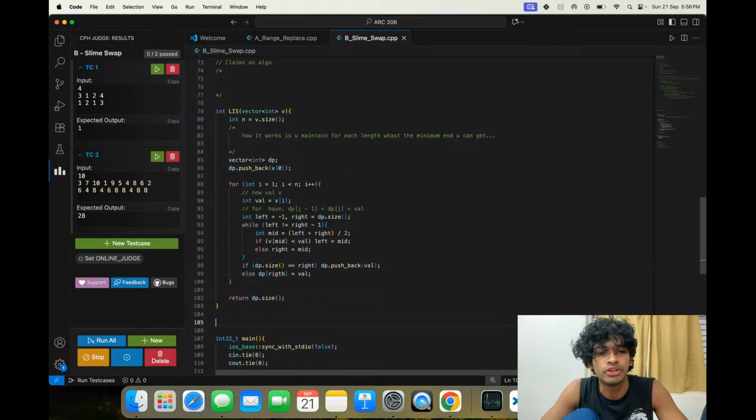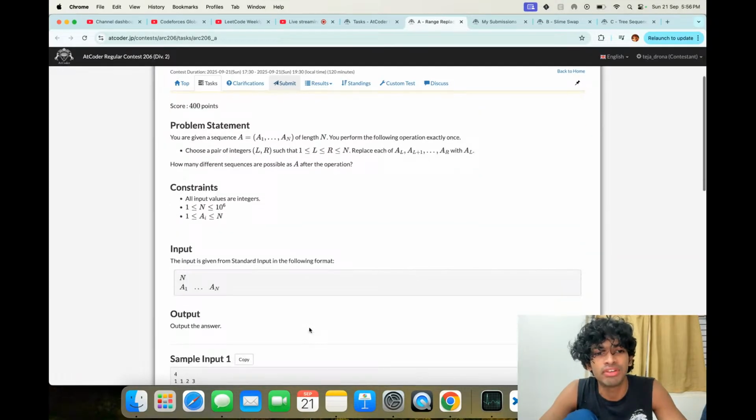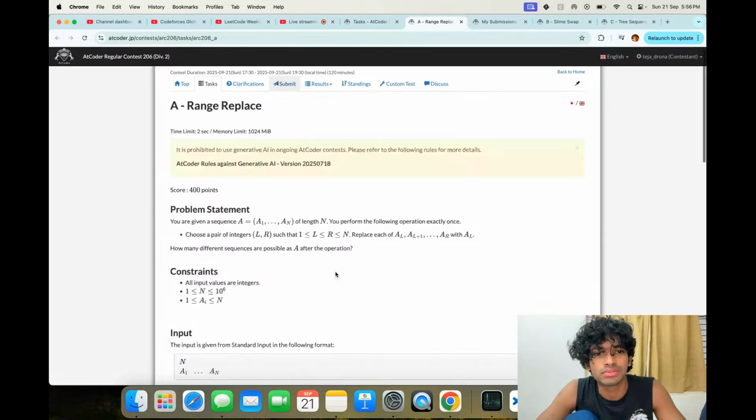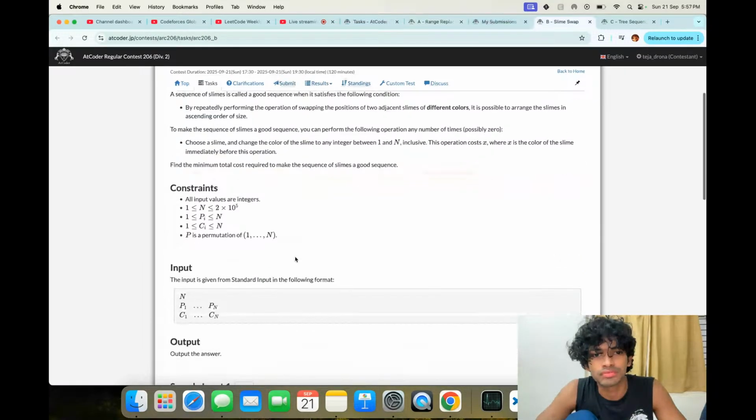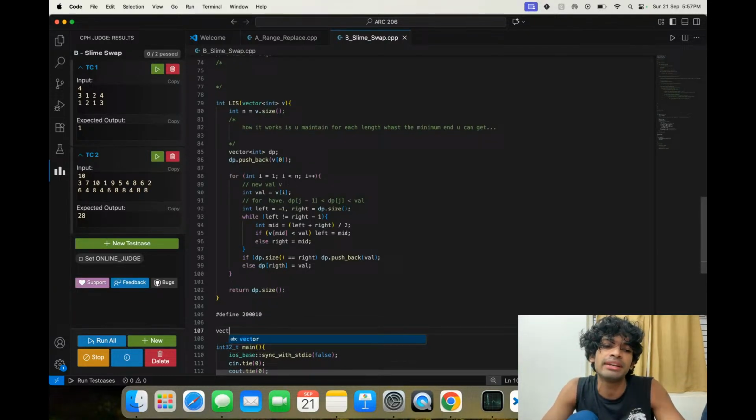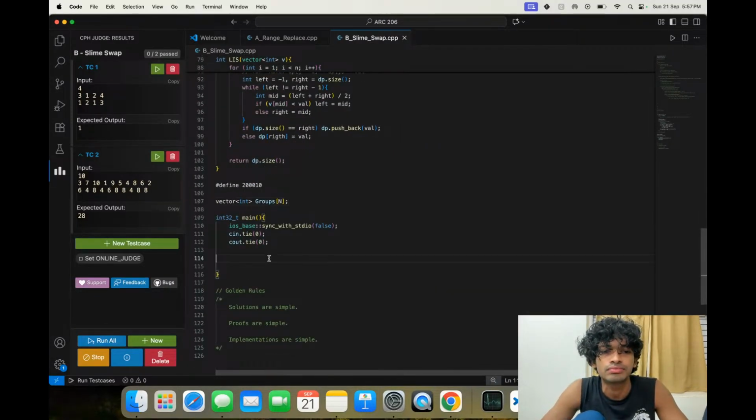So now what should we do? We have various colors, right? I will maintain all those values for each color.